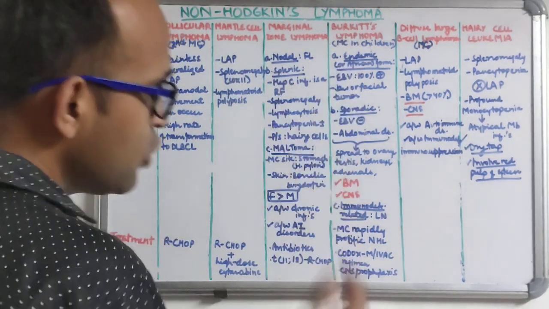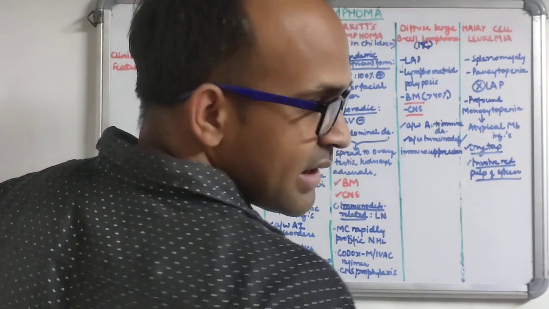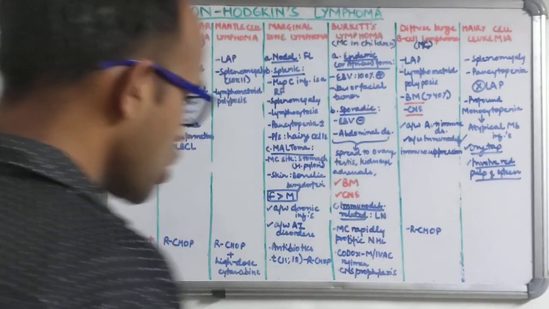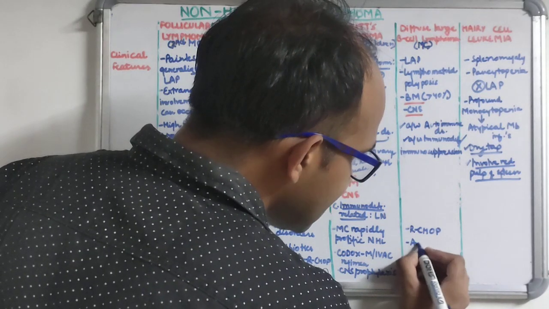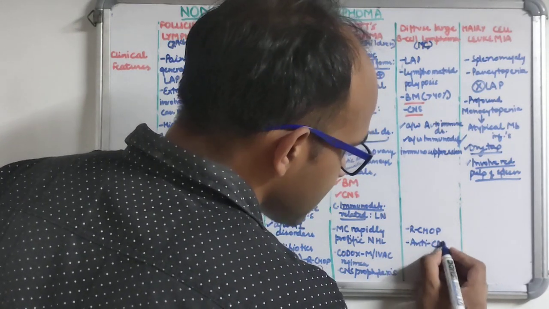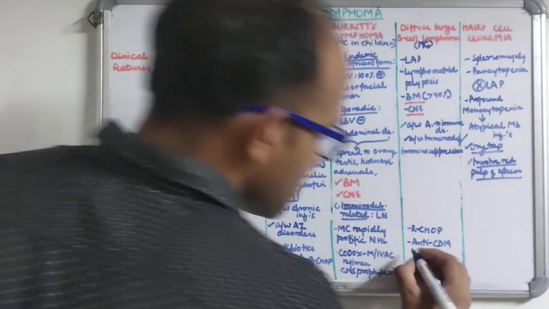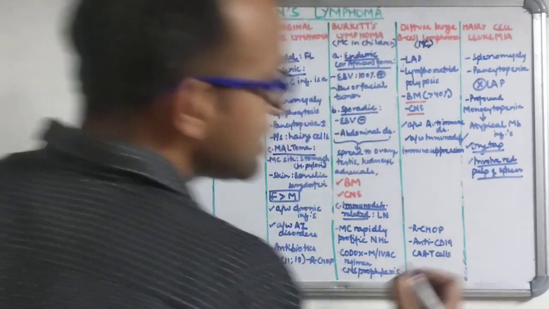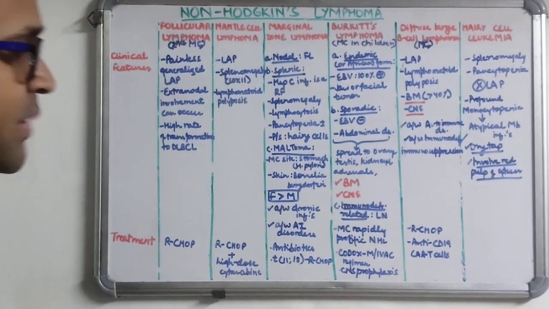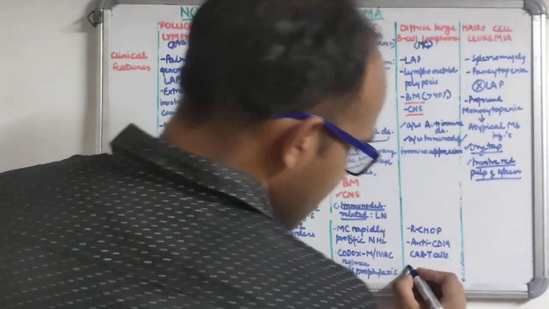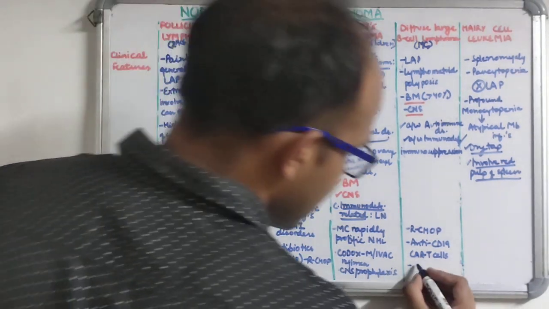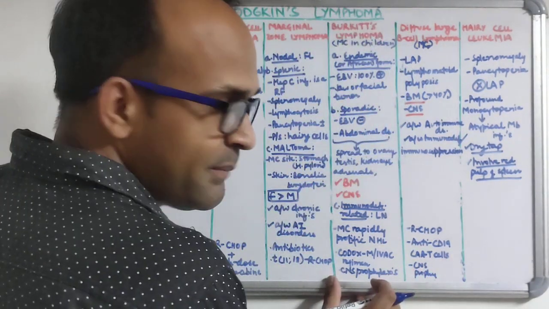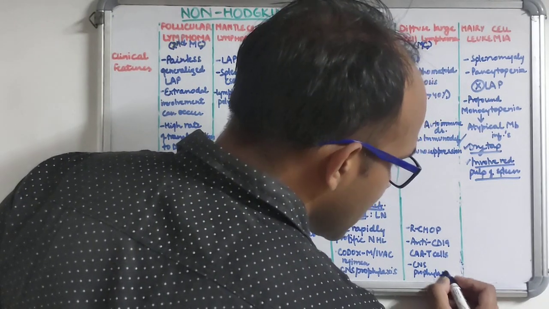Okay, and in diffuse large B-cell lymphoma, the treatment is again R-CHOP. First choice is R-CHOP. Apart from R-CHOP, there is also a role of anti-CD19 CAR T cells in refractory or relapsed patients. CAR T means chimeric antigen receptor T cells. Again, the patients who are at high risk of CNS dissemination, you have to give CNS prophylaxis. In Burkitt's it is mandatory. In DLBCL, it is only given to patients who are at high risk.